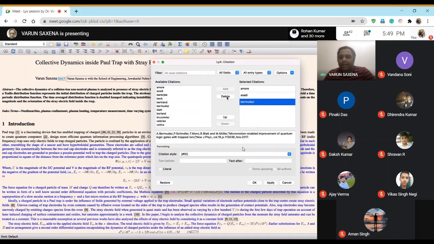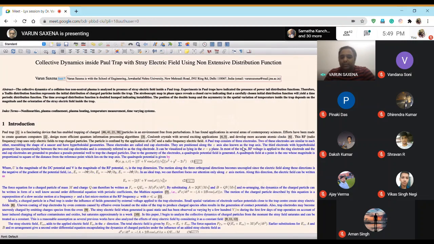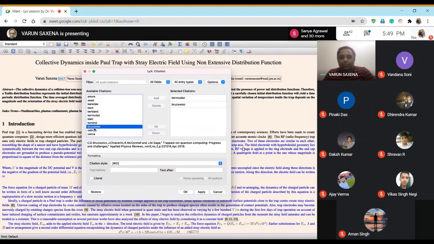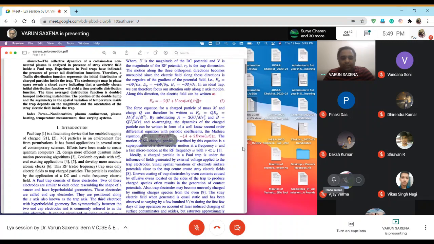And you can delete whichever you want to delete like this. So I've deleted all of them. If you just want to delete one from here, you go like this and it gets deleted. Let's do it again. You come over here, any reference you want to add, just add two, three, add them, and press OK. All of them come over here. Let's see how they look. They would look in the paper something like this. So three references, they write like this.